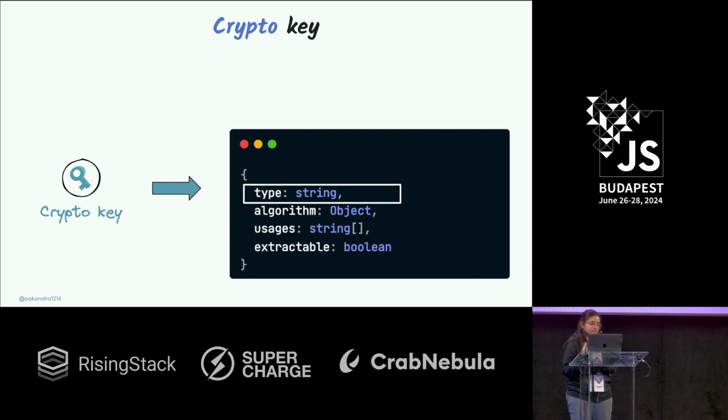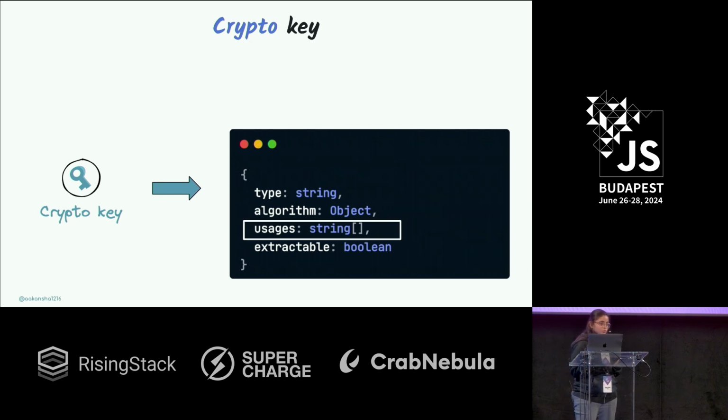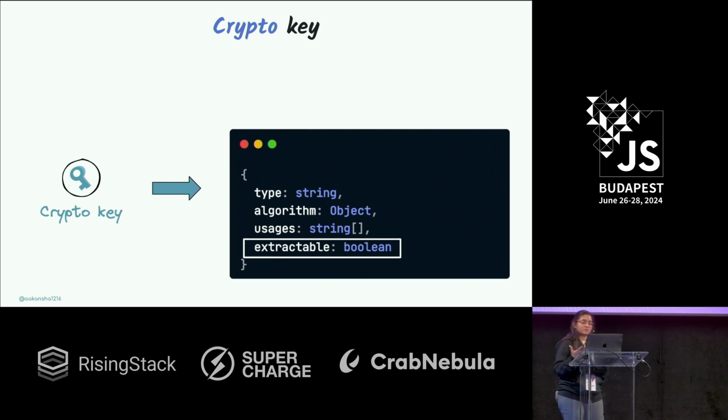So you can check the type of the CryptoKey, whether it's a secret key or a public key, the algorithm which is used to generate it, what is the usage of this CryptoKey, is it encryption, decryption, signing, verification, what is the purpose, and whether it's extractable. This is the most interesting parameter and my favorite too. As I mentioned, you cannot really view the bytes of the CryptoKey, but at the time of generation, you can say whether you want to extract the bytes later, if you set this to true. And we have APIs for it, which I'll cover in a bit, but this parameter is set to false by default. So if you want to extract the bytes later, you have to set this parameter to true.